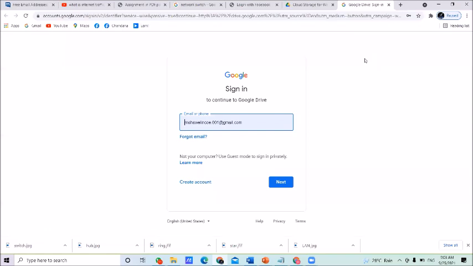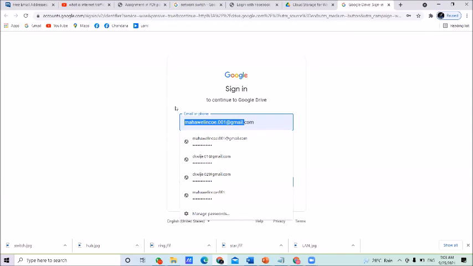Here they are asking for your Gmail account. Here you want to give your Gmail account. I am going to give my Gmail account.